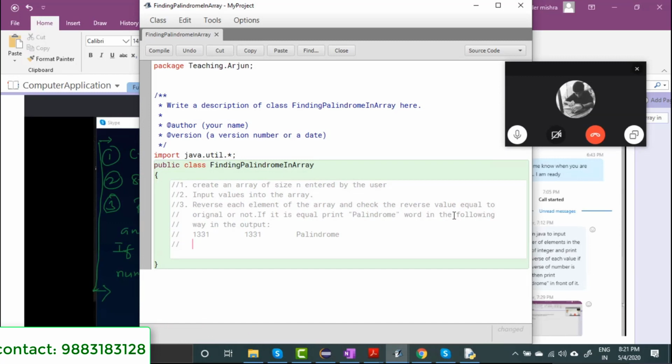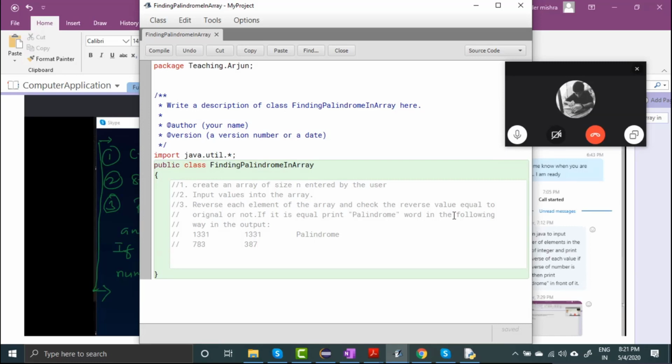Say if the number is like 783, so the reverse will be 387, right? And we will not print palindrome, because the numbers are not equal. We will print only the reverse. So this is what I have to do in this code.